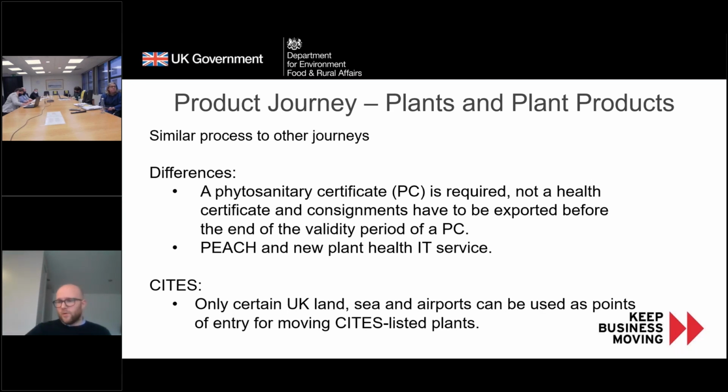Documentary checks will be carried out remotely. A scanned copy should be provided with any pre-notification of import to the GB competent authority through Peach or the new Plant Health IT service. Within 3 days of a consignment reaching the UK, the original phytosanitary certificate must be provided to the Plant Health